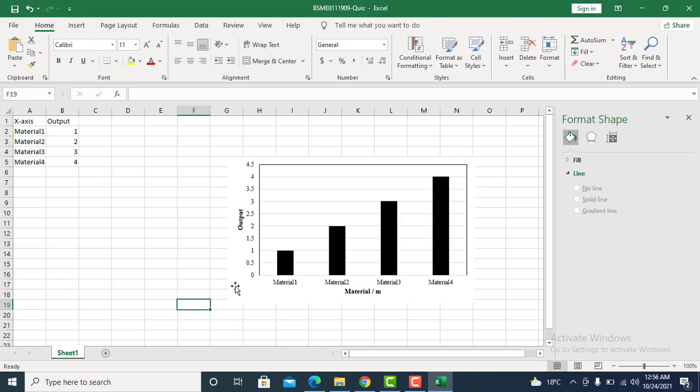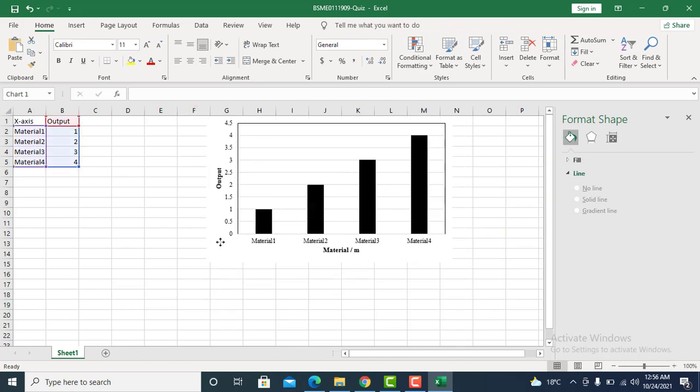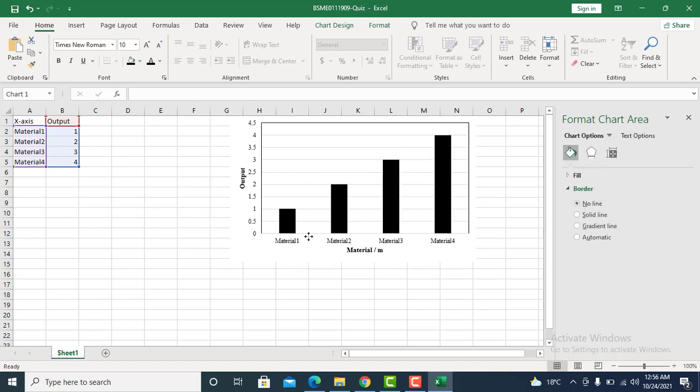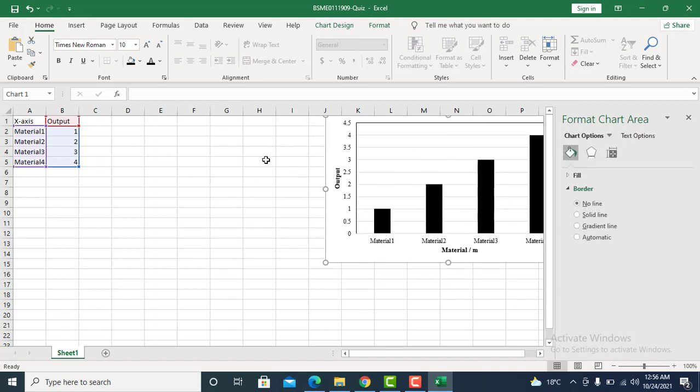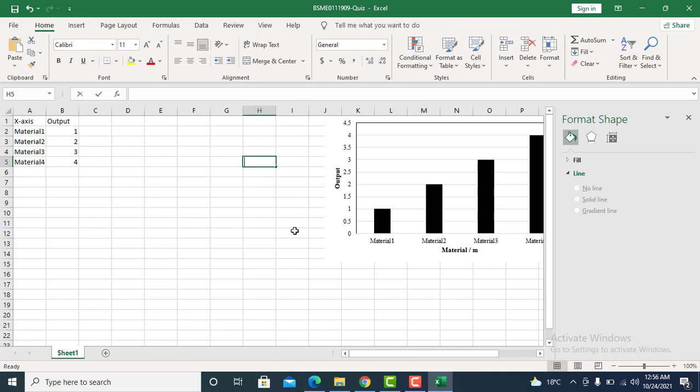Now you can see this graph is more professional. This is your first graph, so you can place the graph here and add a title, output. Simple. You can change the title as per your requirement.